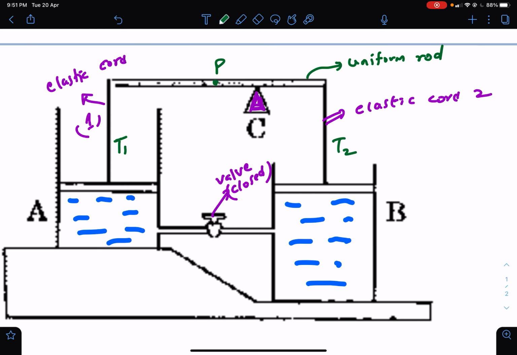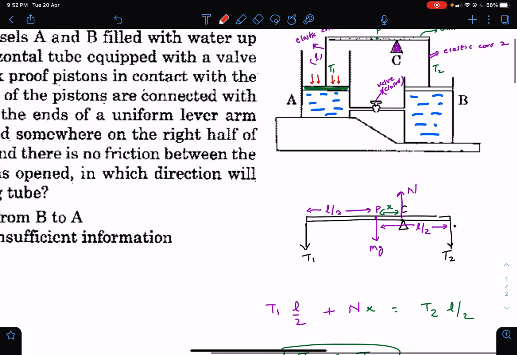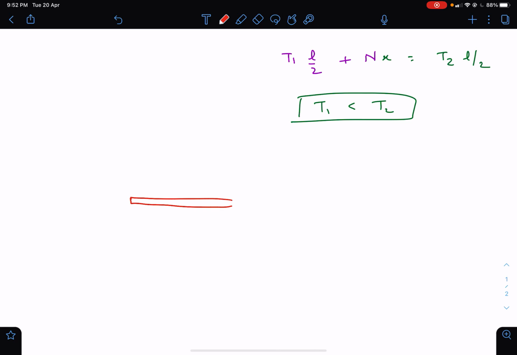So let's talk about the piston 1, because initially it's given that everything is in equilibrium. So piston 1 is also in equilibrium. Now what are the forces that piston 1 is getting? It is getting T1 force, and it's getting an atmospheric pressure force. In fact, it is better if I separately draw the free body diagram. So this piston, the left piston I'm talking about, is getting a T1, then it's getting this P0 into area, then it has its own weight mg, and then there is a pressure from the water which is below it. Let's call it pressure at tank A into area.